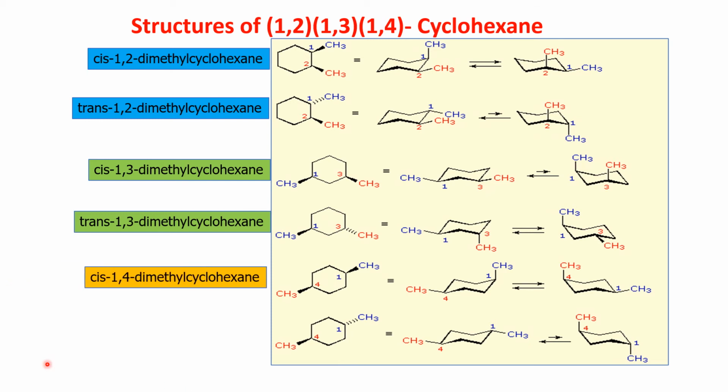I'll show you. This is 1,4: this is the first position, this is the fourth position. Both are solid wedge, so this shows this is a cis. Cis means what is the position? The positions for this and this are the same: one is axial, another one is equatorial. If you flip it, the 1 which was axial becomes equatorial, and the 4 which was equatorial becomes axial. When you flip it, the axial and equatorial will change. Keep that in your mind.